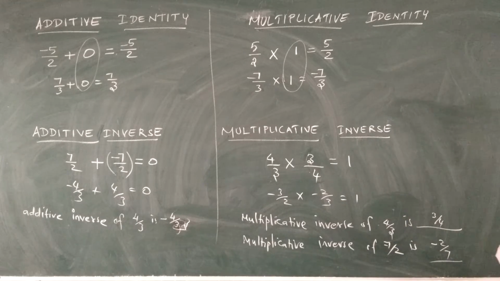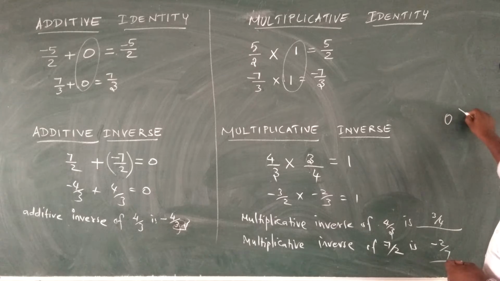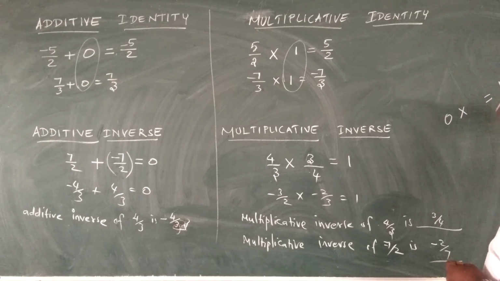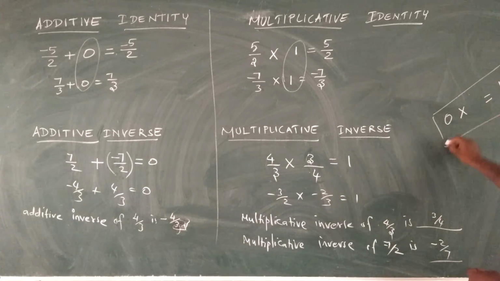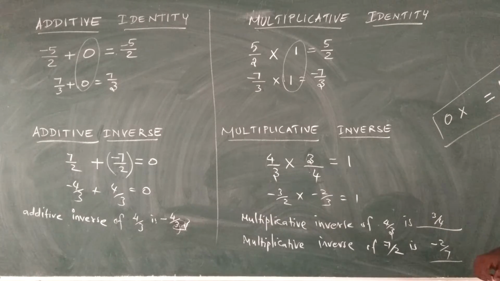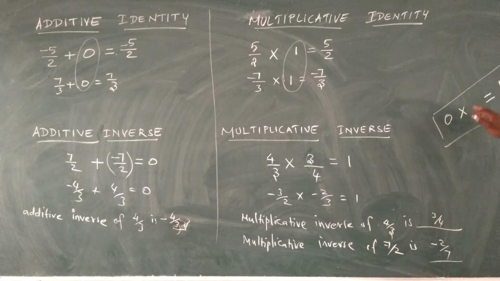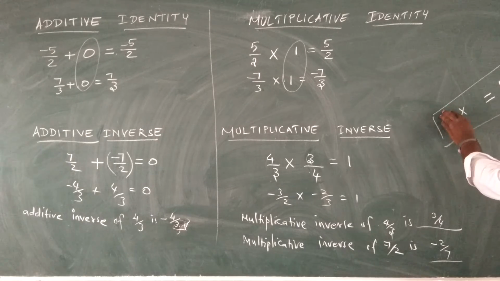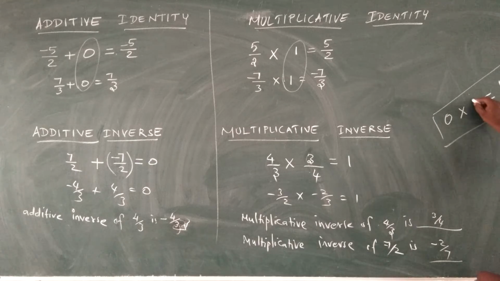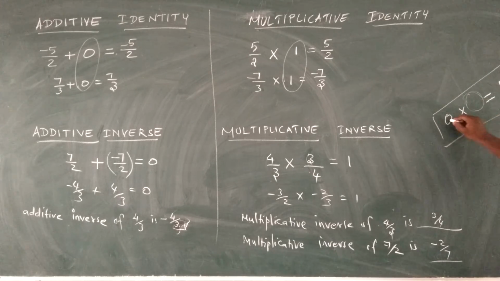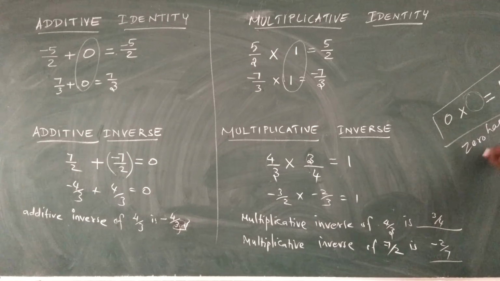In multiplicative inverse, there are two special cases. One is 0 into a rational number is equal to 1. Here, 0 into something is equal to 1, is it possible? Is it possible? Because the product of 0 with any number, will we get 1? Never. We never get 1. So 0 has no